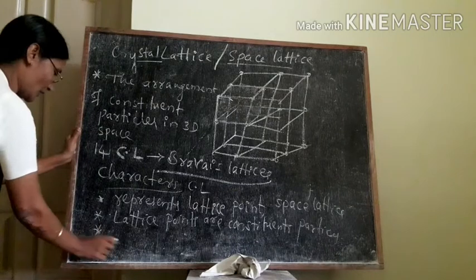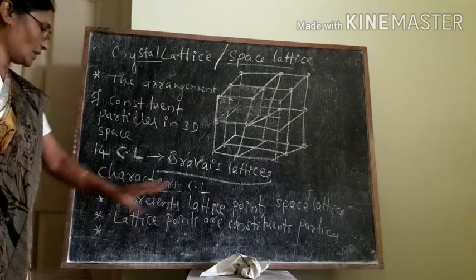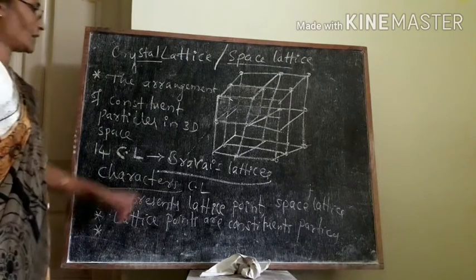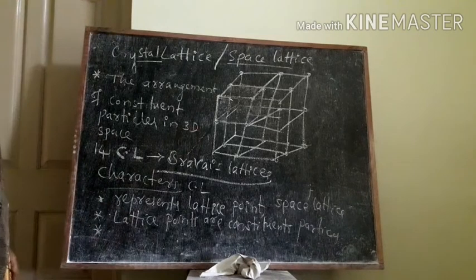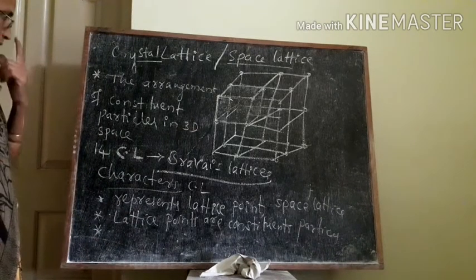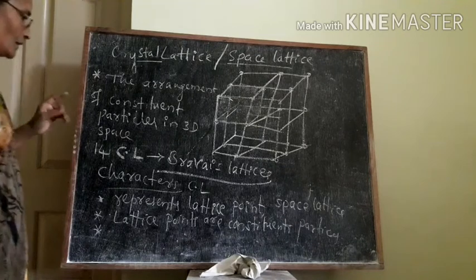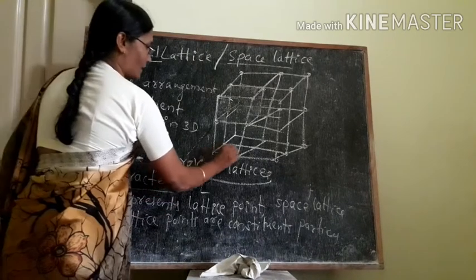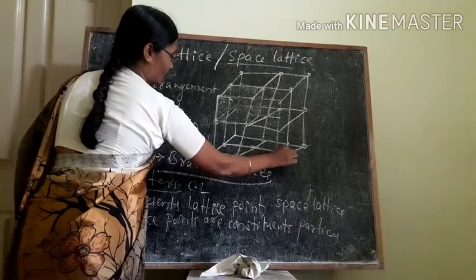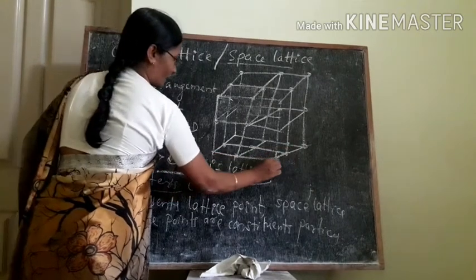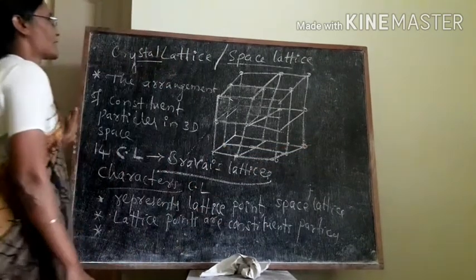And next point is, if you join these lattice points, they give a definite geometry of the crystal. Joining those lattice points in straight lines, we are getting one perfect geometry, that is nothing but crystal lattice